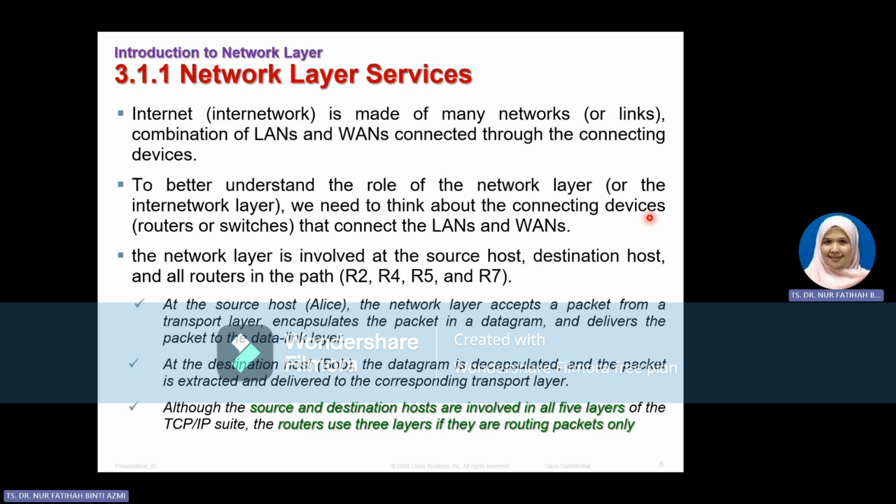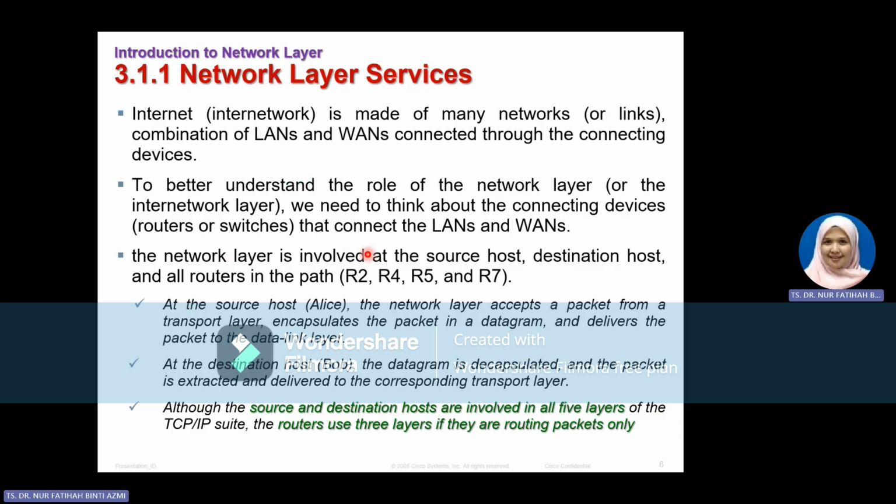These routers are like a bridge connecting smaller islands, like connecting LANs and WANs. So the key services provided in the previous figure, for example, at the source,